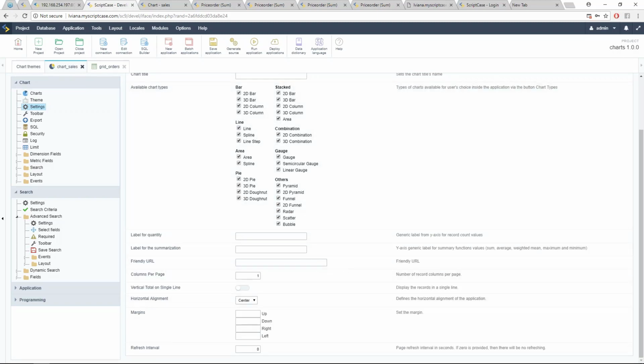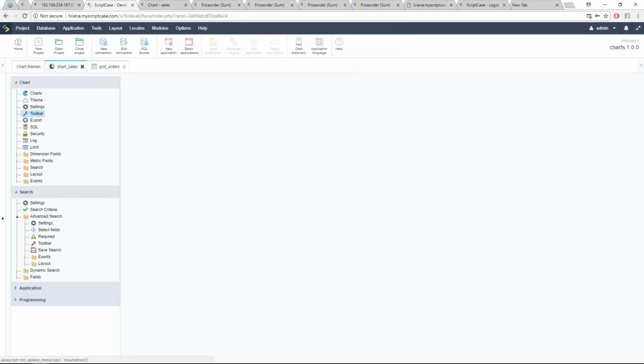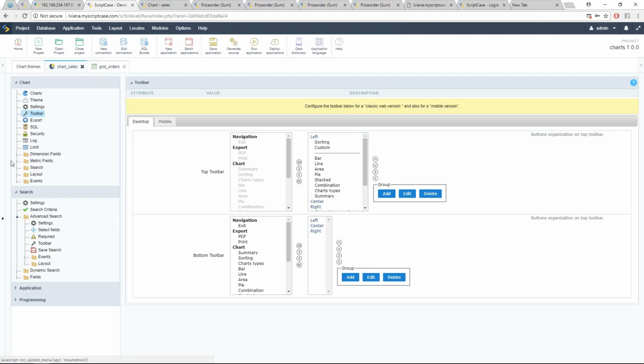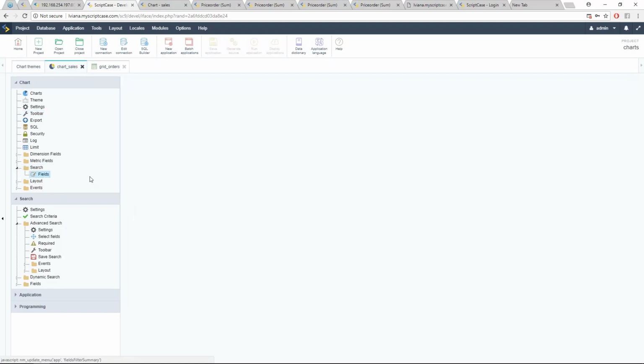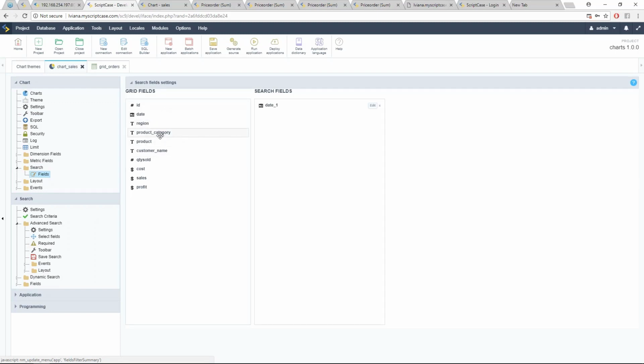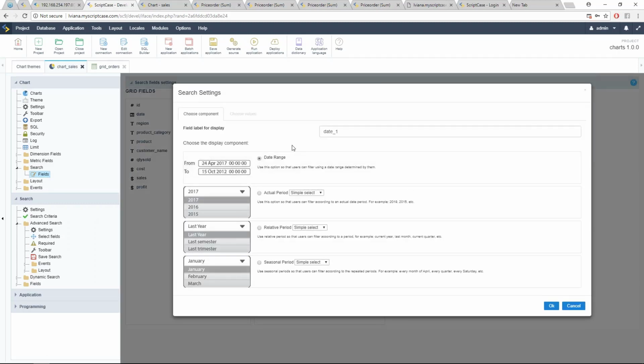And then you have more options for you to customize your chart here inside settings. You have the toolbar to choose the buttons. This is basic. And then just to finish the chart presentation, I want to talk about the search options, because you have different types of search, and you have search here. This is what we call user search, because it's a search type where the final user can choose the criteria inside the chart itself. So if I open this search option, I will choose, for example, fields here, and then according to the field